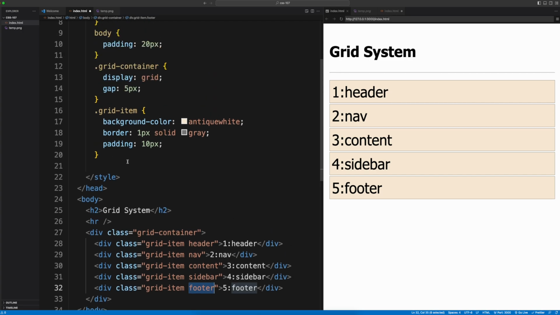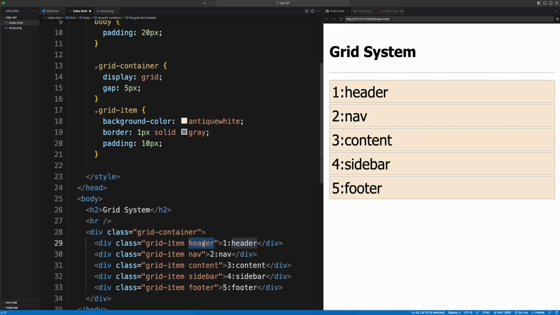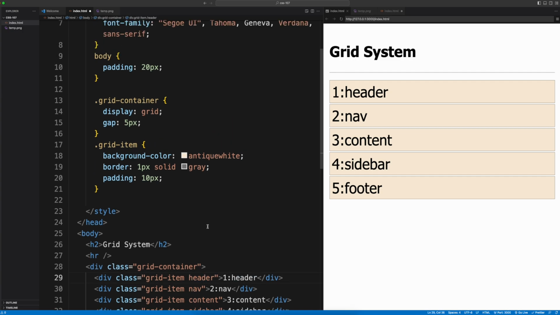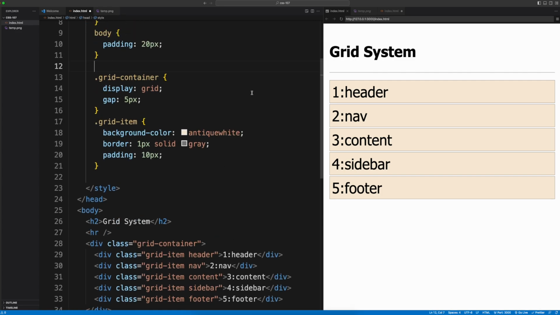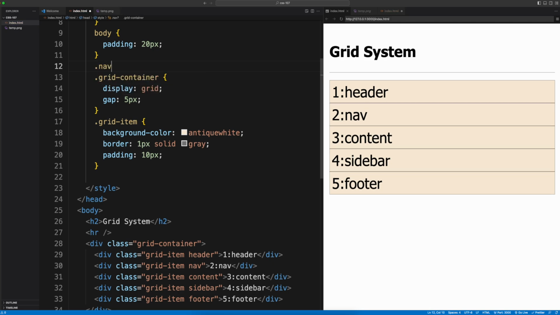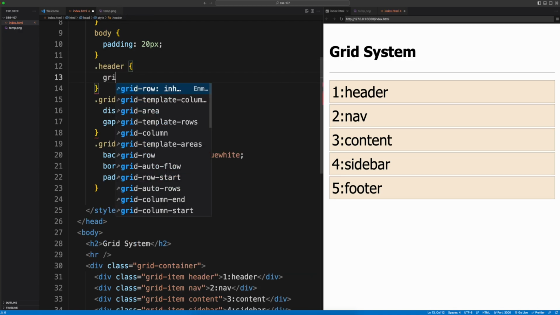Now this is where we need to now start doing the main work. The main work is now giving them a CSS name. Apart from the fact that we're giving them a name here, we need to put the name on the grid. The grid needs to recognize those names. How do we make the grid recognize those names? Is by specifying what we call grid area. So let's define the grid area for header. For example, how do you specify that? To specify a grid area for header, you say grid area,